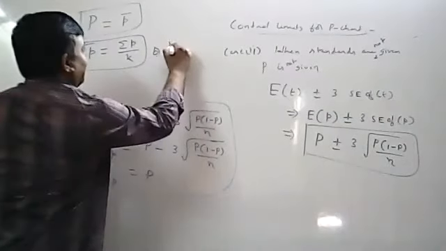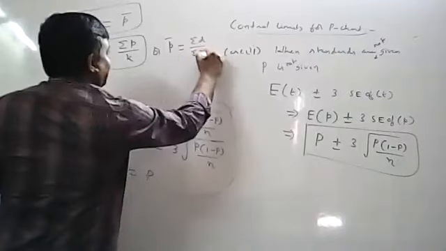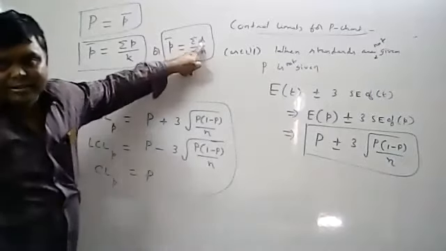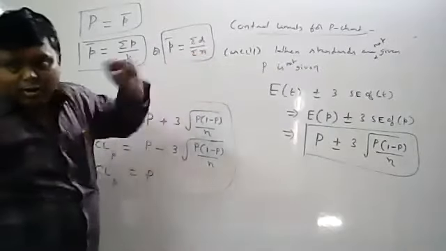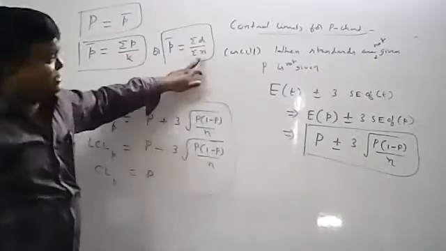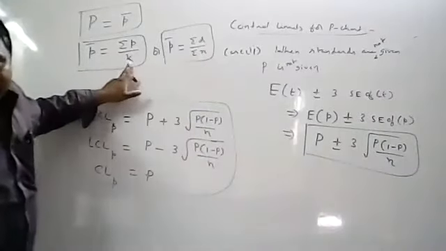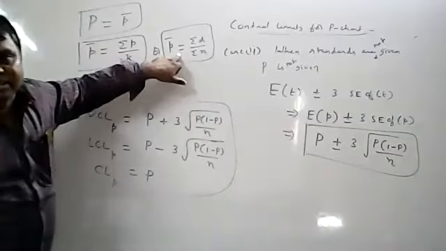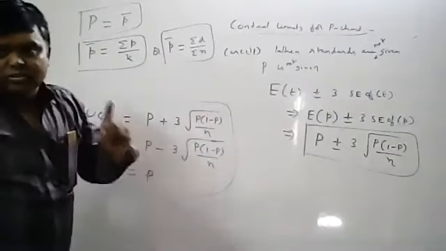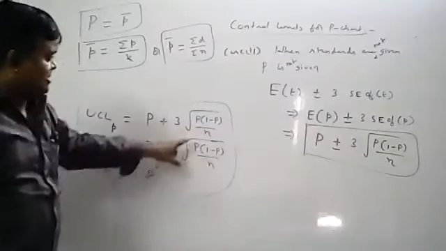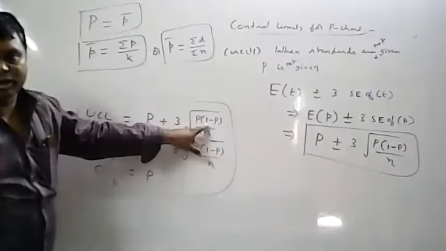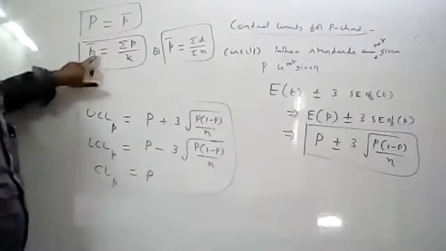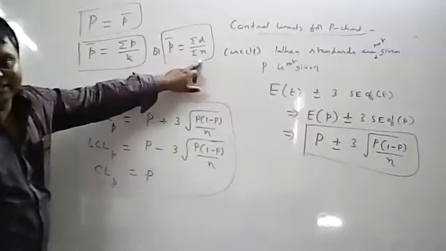Or, the small p bar formula is summation d by summation n. You can use any formula. Summation d by summation n. That means d is the total defectives, n is how many sample units you have considered, and that total gives summation n. K is nothing but the total number of independent samples you have considered. Okay, so for p bar you can use this formula or this formula. If I know p bar, I can calculate q bar, or not? So q bar is nothing but 1 minus p bar. Same concept. If I know p bar, I can calculate q bar as 1 minus p bar. So now I know that capital P can be estimated by using p bar. The p bar formula is summation p by k, or summation d by n.